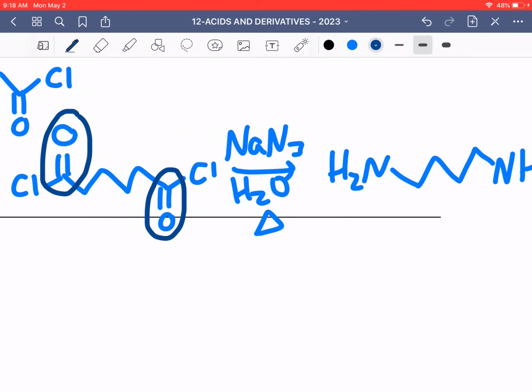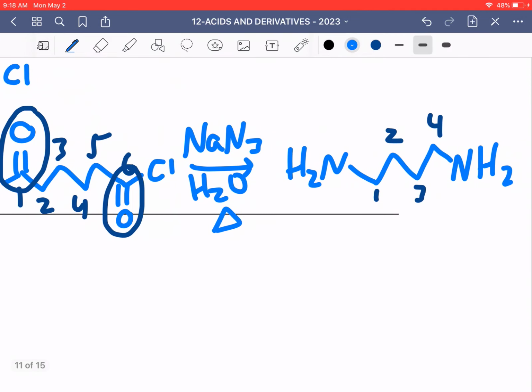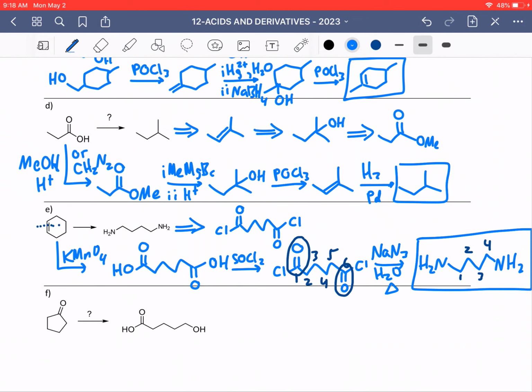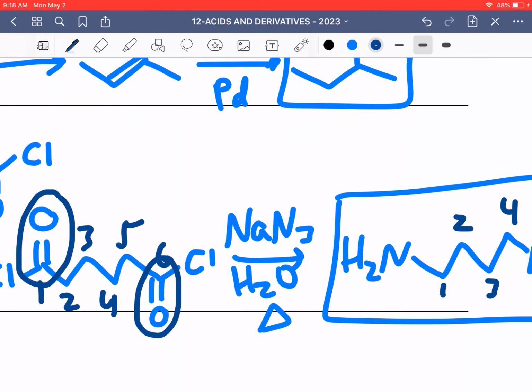So we turned our 1, 2, 3, 4, 5, 6 carbon molecule into a 1, 2, 3, 4 carbon molecule. And that was the key to this synthesis, just realizing that we need to use one of those newer reactions that truncates it. This is called a Curtius. I would say it's a double Curtius